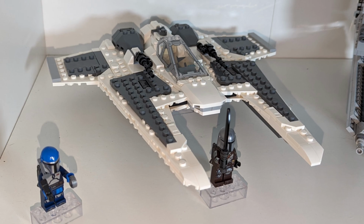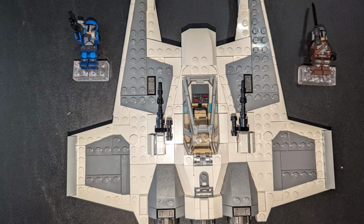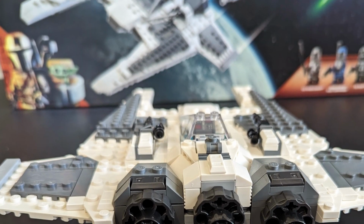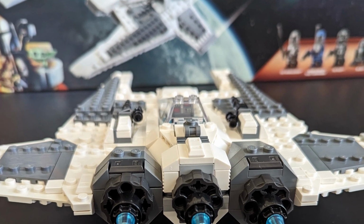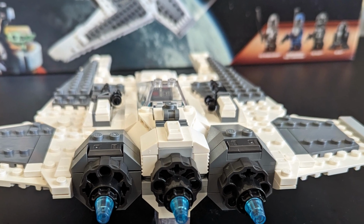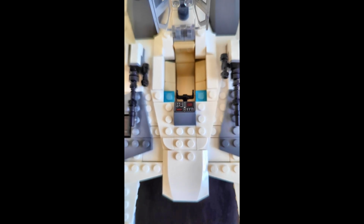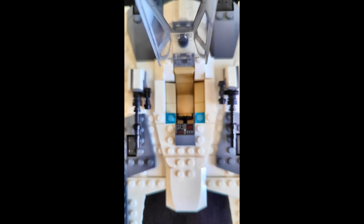Everything else looks phenomenal. You got the blasters on the top, you got the missiles underneath. They are sensitive, so be aware of that. I love the propulsion in the back. It gives it a little as if they're running it on, so that's always cool. The cockpit itself is a big space, so your minifigure is going to be able to lounge out and really take a nap in there